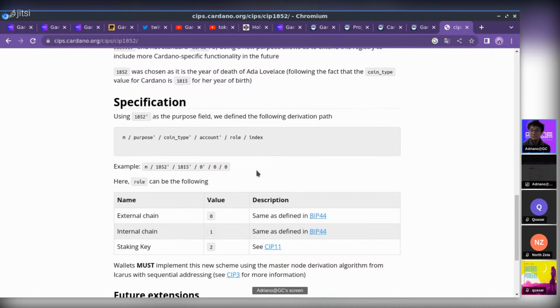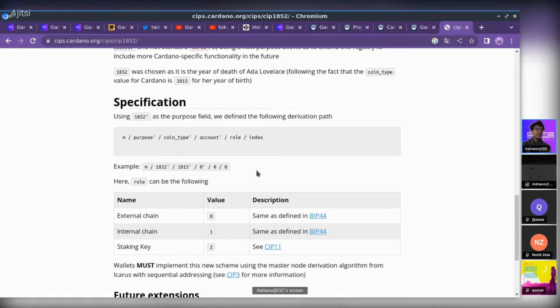This is a standard for hierarchical deterministic wallets. Bitcoin uses this as well in a different way, but it is the same thing. And on Cardano, wallets like Eternl, Yoroi, Daedalus all use the same hierarchical deterministic recipe